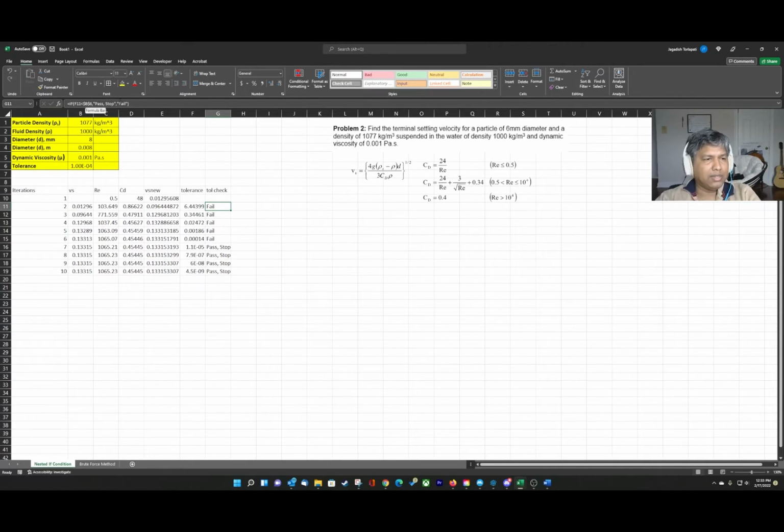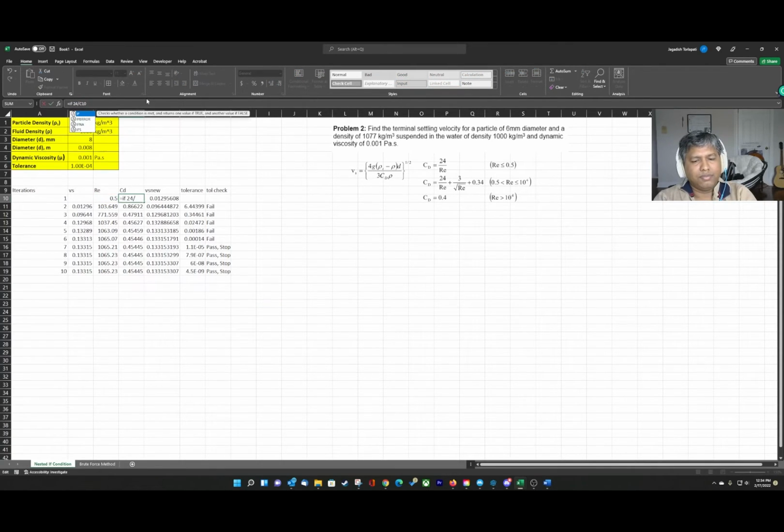So when you do nested if statements, we have to do two if statements, right? Because in this case, there's only two conditions, so it can either pass or fail. But in this case, if it's less than this one, if it's between those two numbers, you have to do this. If it's more than that, you have to do that. So there's three conditions. So we have to go here and tell Excel, okay, check if